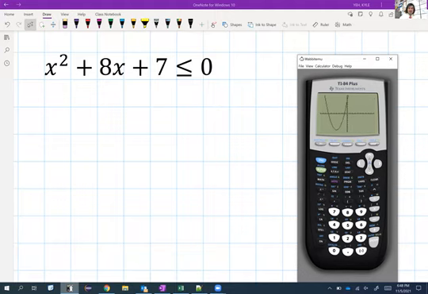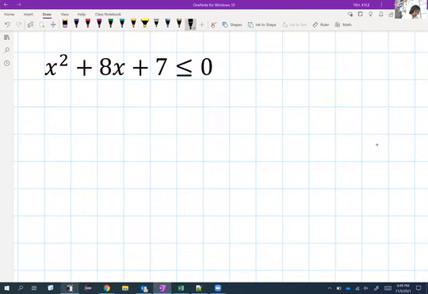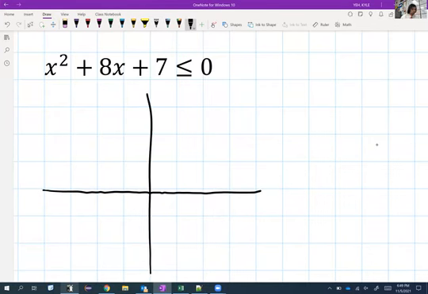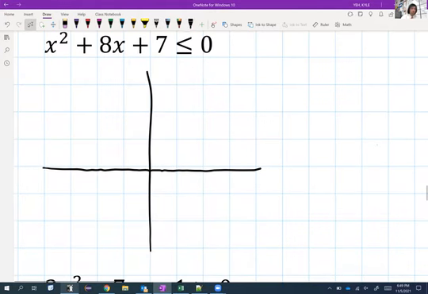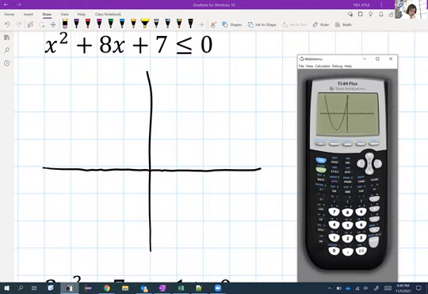So when this inequality says, where is the graph less than or equal to 0? What that is saying is, where is the graph below the x-axis? Less than or equal to 0 means negative. So where is it below the x-axis? So just looking at this graph, and I can use the trace function, I can say, okay, it looks like